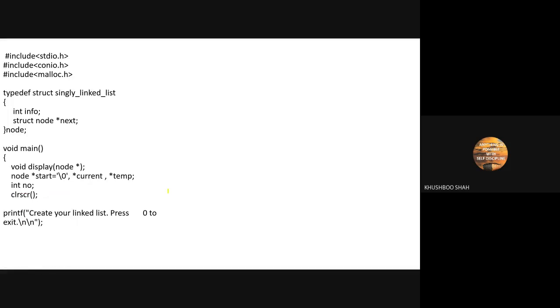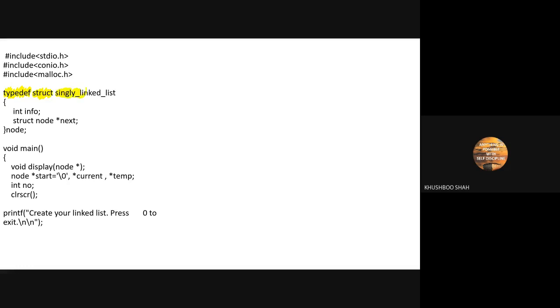So typedef is new for you. We are not going to discuss this right now. This is something different that I'll cover in some other lecture. Right now, just keep in mind that you write typedef when you are declaring the structure, when you are defining the structure. Whenever we define the structure, we start it with the struct word followed by the name of the structure.